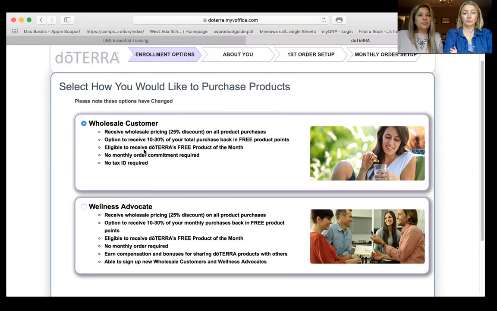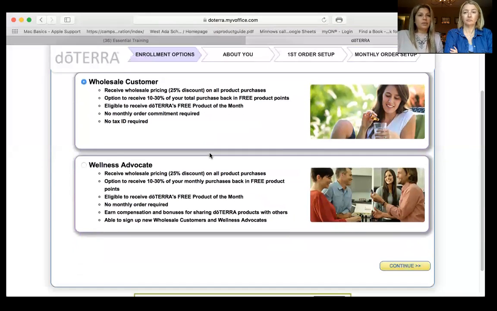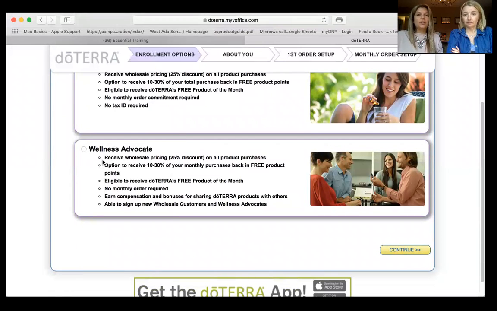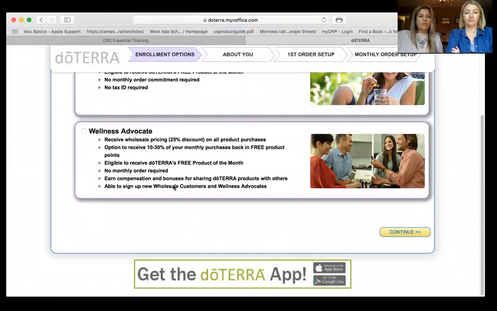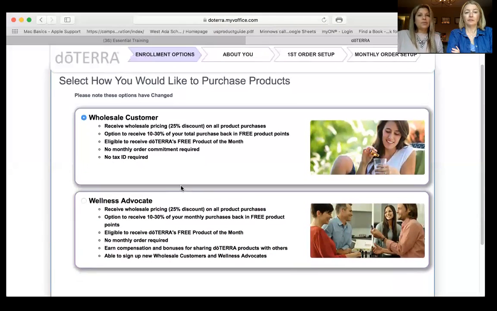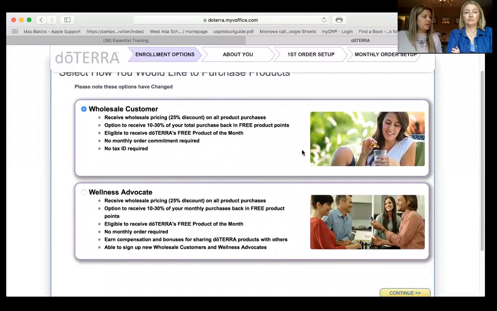They're going to be eligible to receive the doTERRA free product of the month with a 125 points order. There is no monthly order commitment required and no tax ID required, meaning they don't have to give you the Social Security number. Or they can choose the Wellness Advocate option, and then you can review all of the points under that. So for today's, we're just going to say wholesale customer.